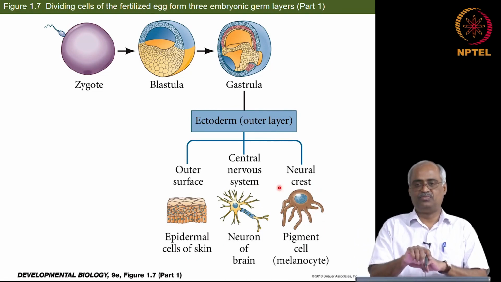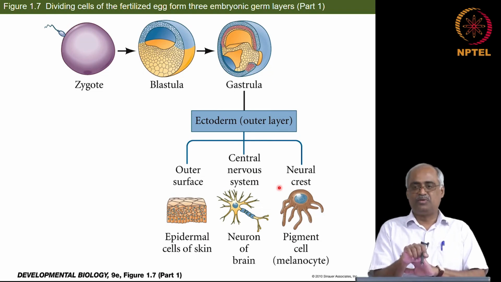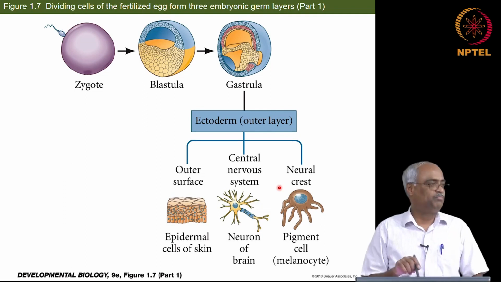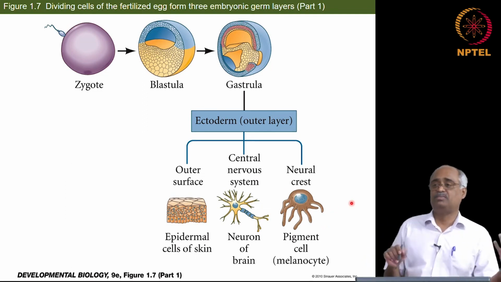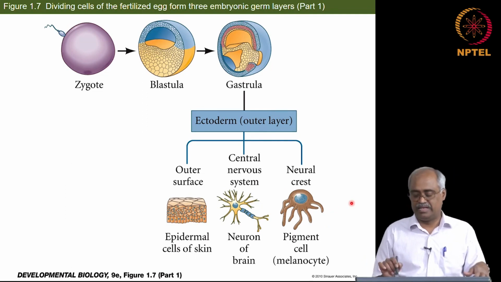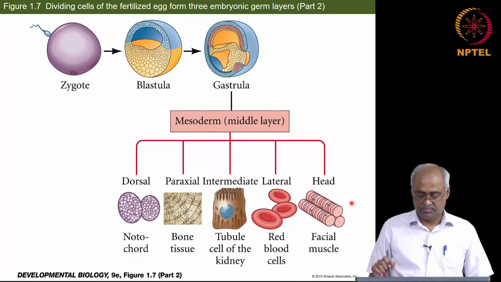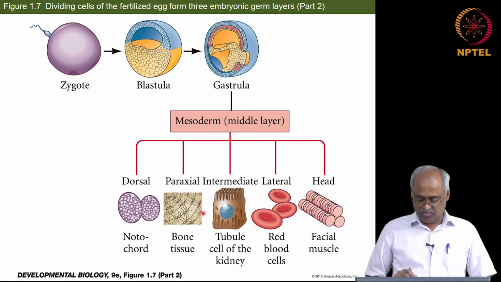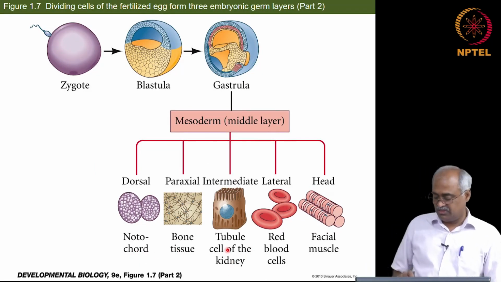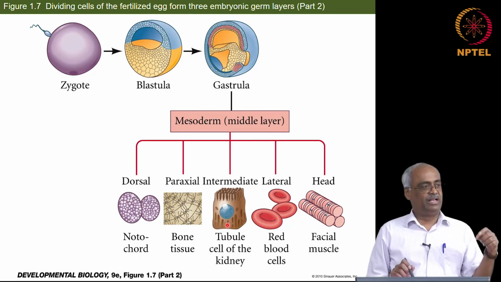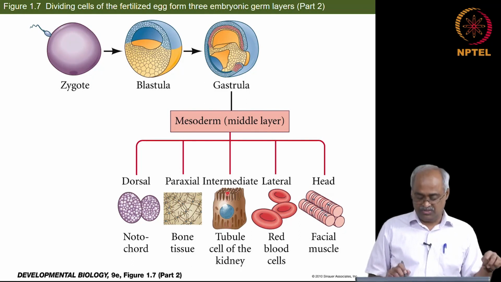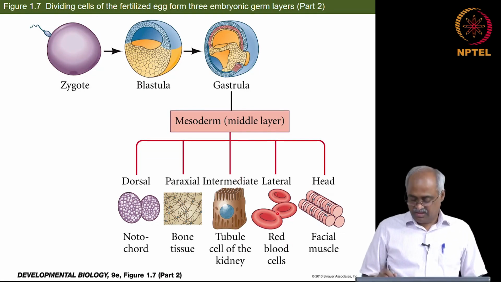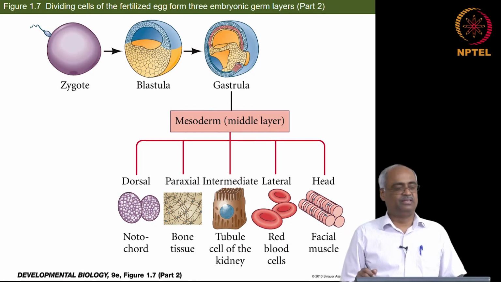Okay, so the entire set of your skin cells are not melanocytes. Melanocytes are few, just below the surface, and they produce the pigments. They are there in other parts of the body too, in the internal organs too, not only on the surface. Then mesoderm gives rise to notochord, we already saw that. Then bone tissue, then tubules of kidney; unlike the tubules of the lungs or intestine, tubules of kidney come from mesoderm. The other two that I mentioned are from endoderm. Red blood cells, muscles, etc.